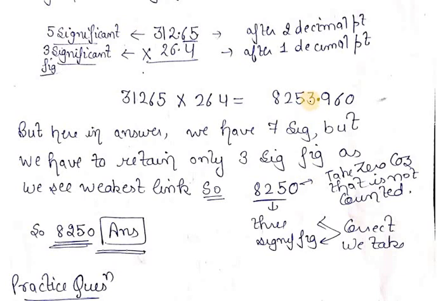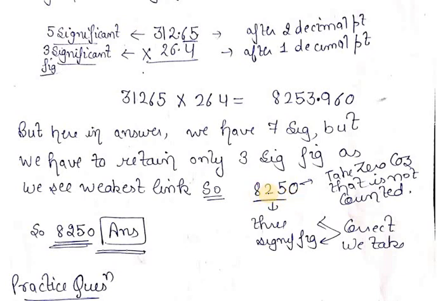Because if you take 3 here, then in your answer there are 4 significant figures, 1 2 3 4, that we don't want. If you take 0, then in the first lecture I told you the rule that when there is 0 in your number and without the measurement, you will never count this 0 as a significant figure, right? So हमारे दोनों काम हो चुके हैं, हमारा आंसर भी नियरली आ चुका है with 0, and you will never count this 0 in significant figures.